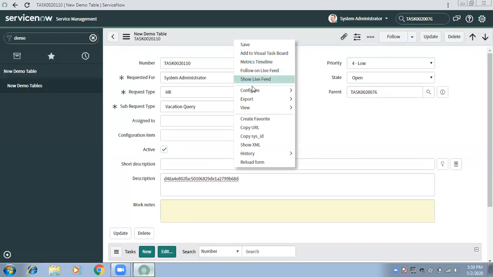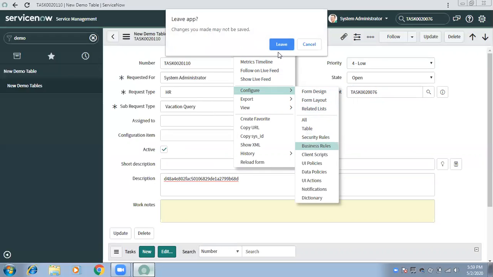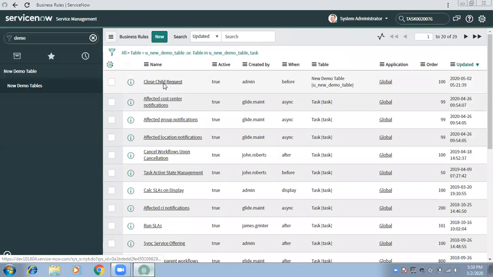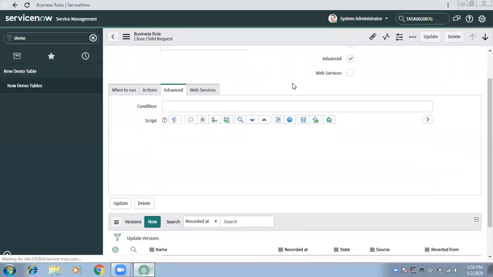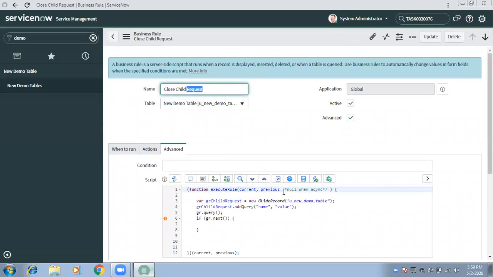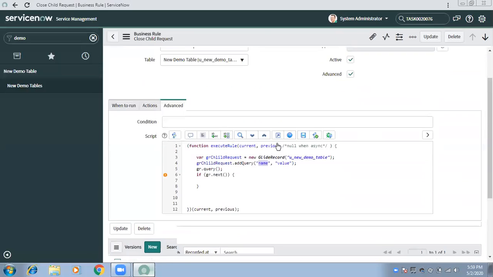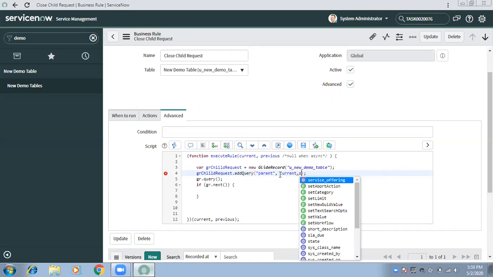So now what I need to do is configure it. As I need to run it dynamically, I will not use the sys ID directly. Again, the sys ID is hard coded, right? I will have to use parent is equal to current.sys_id.